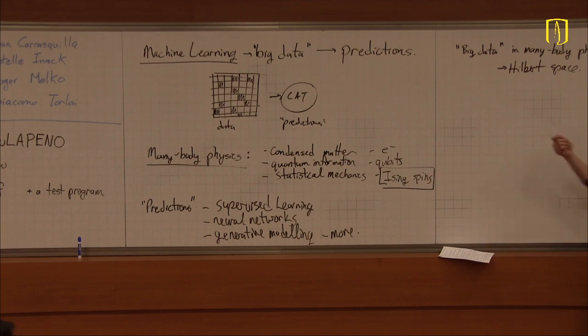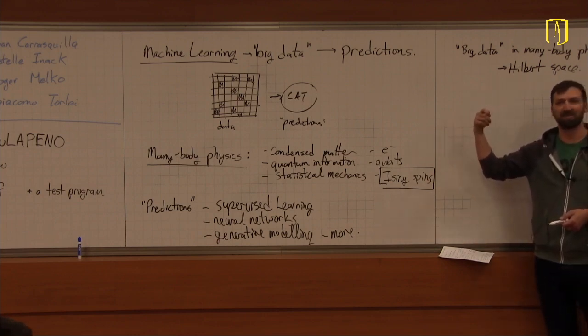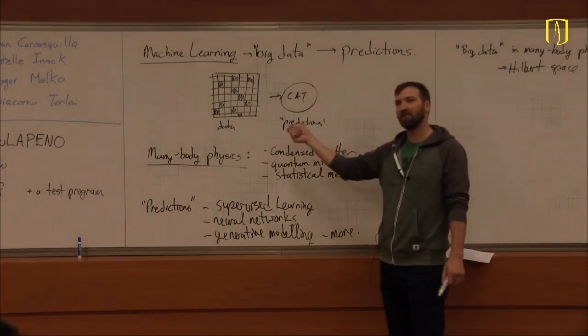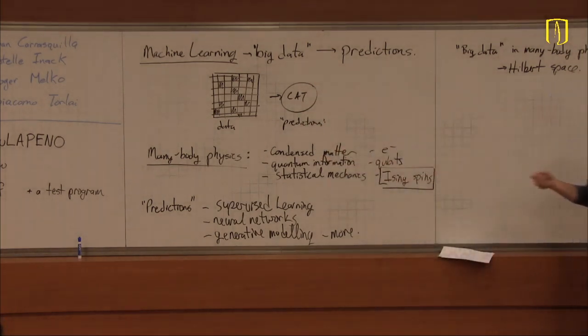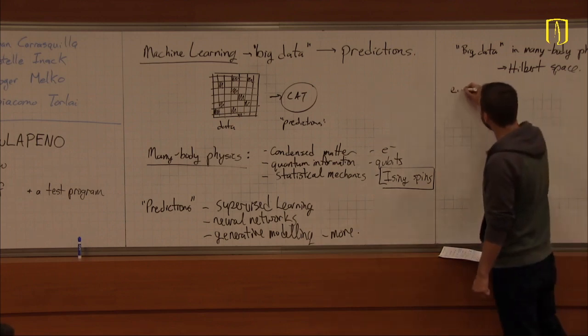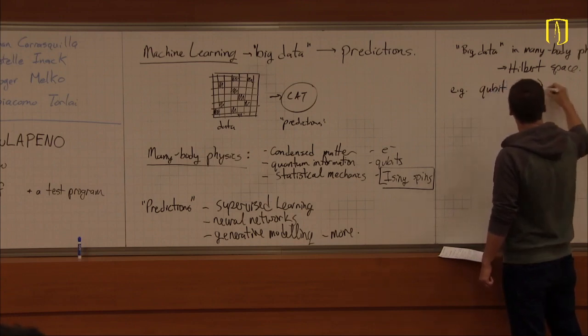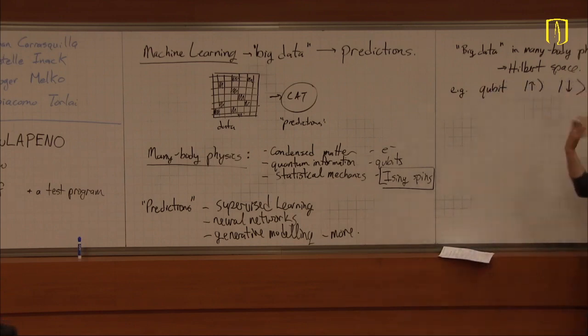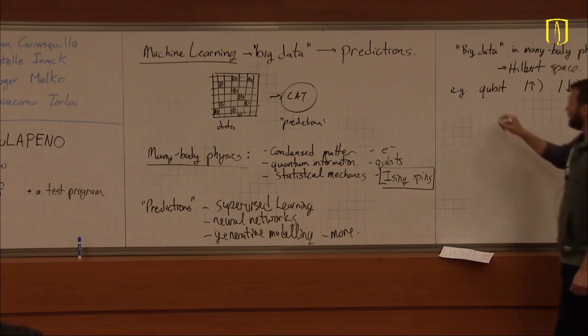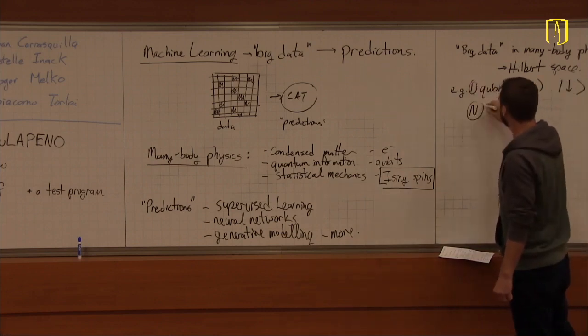And that's why machine learning techniques, which are used on very large images, very large videos, many, many pixels, lots of natural language processing, this idea of big data is the reason why this technology is transferring so nicely into the realm of many-body physics. So for example, if I have a qubit, just some numbers to keep in mind. So in the sigma z or computational basis, I can imagine that my qubit can have two states. That's the size of the local Hilbert space. So that's one qubit. If I have n qubits,